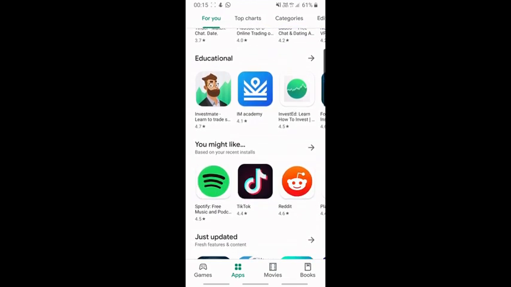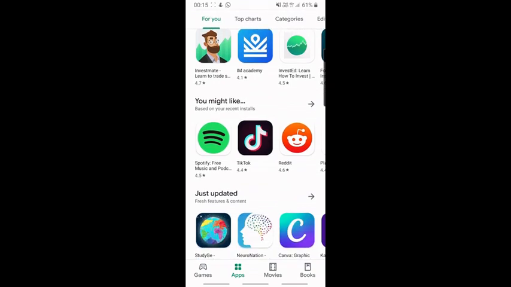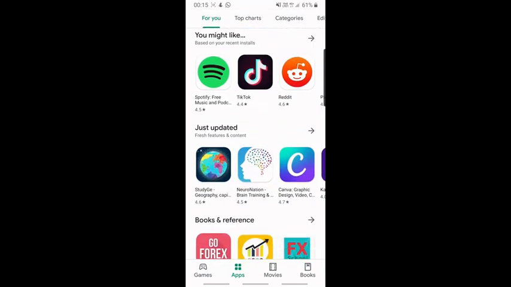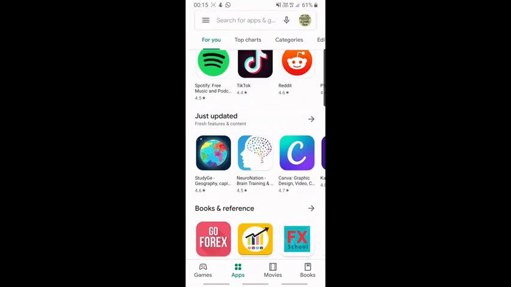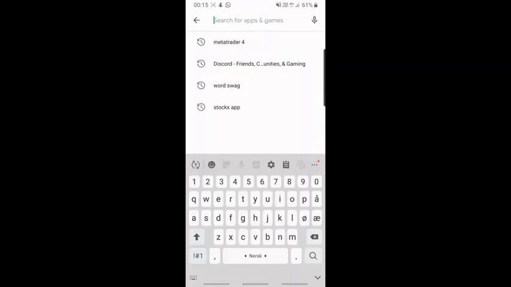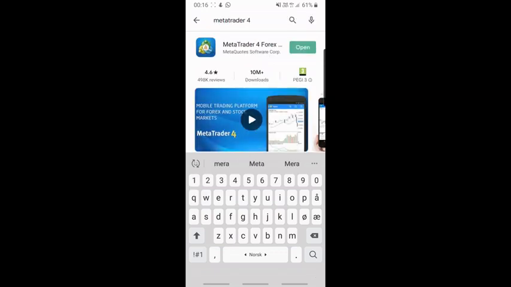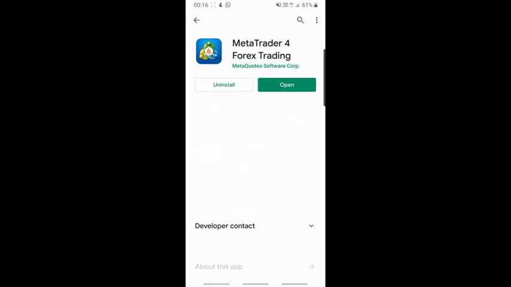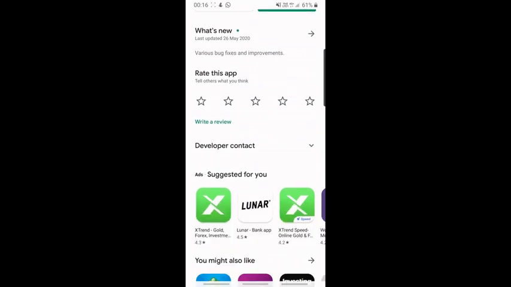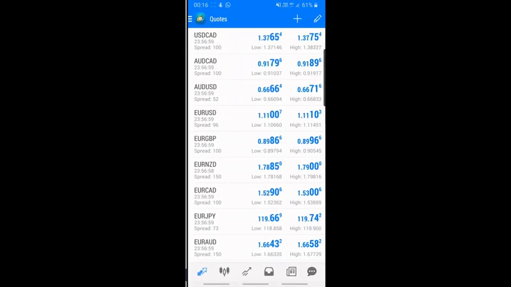Today I'm going to show you an app where you can trade and invest money, and I will show you how to use the app. If you go on the Google Play and just write down Meta, so here it comes, Meta Trader 4. As you can see, I have already downloaded the app, and I will open it and show you how you